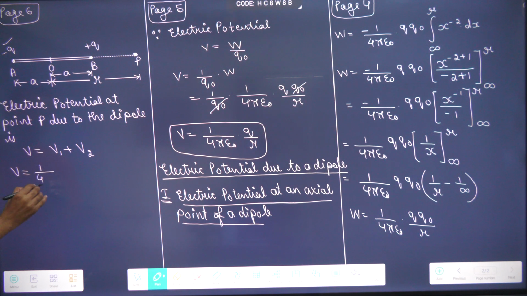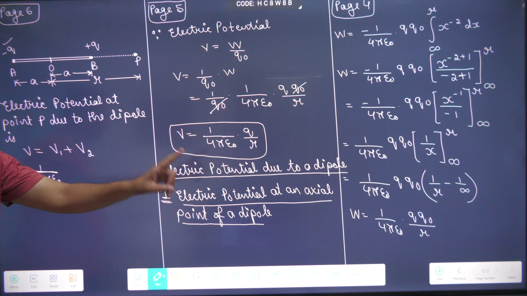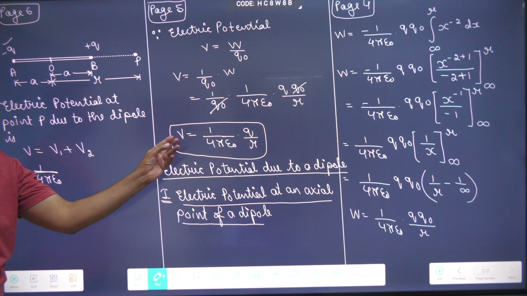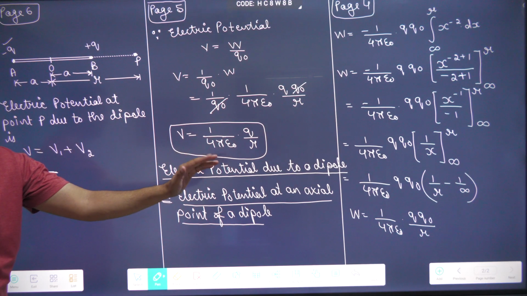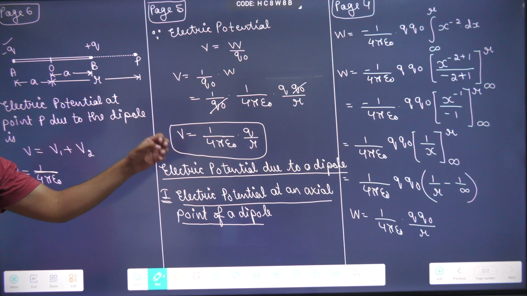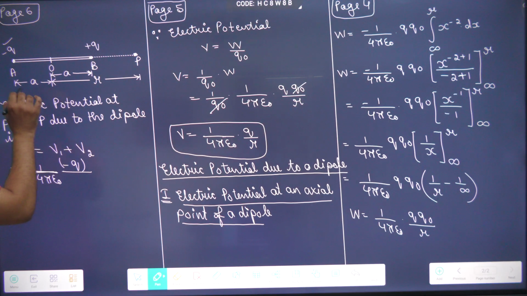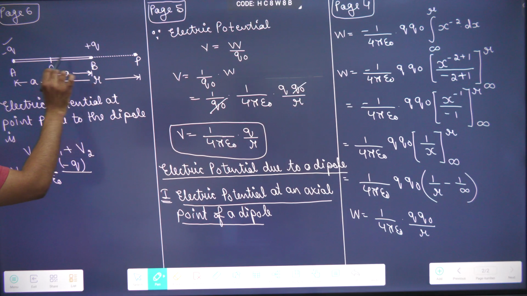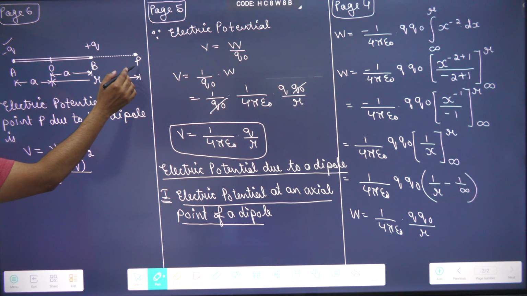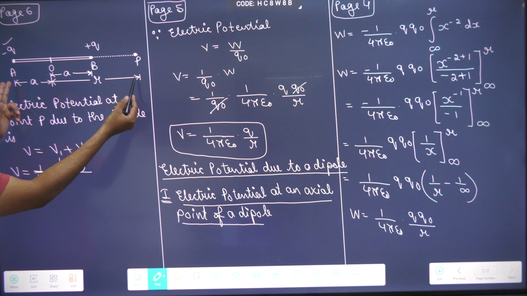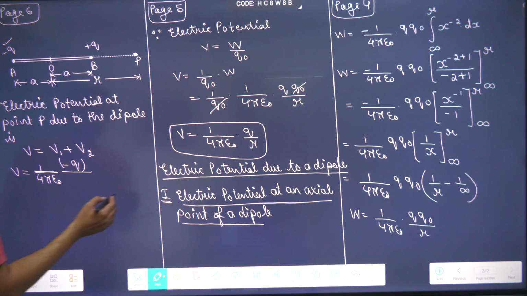So it will be 1 upon 4 pi epsilon naught. What is this minus q? This is a point charge. So I have derived the formula that electric potential due to a point charge is 1 upon 4 pi epsilon naught q upon r. So 1 upon 4 pi epsilon naught minus q upon what is the distance between minus q and this point P. I want to calculate electric potential at point P. So what is the total distance? It is r plus a. So q upon r plus a,